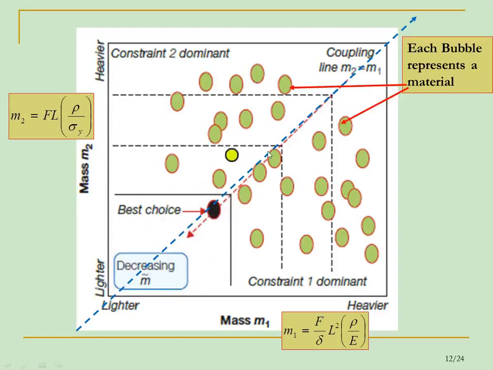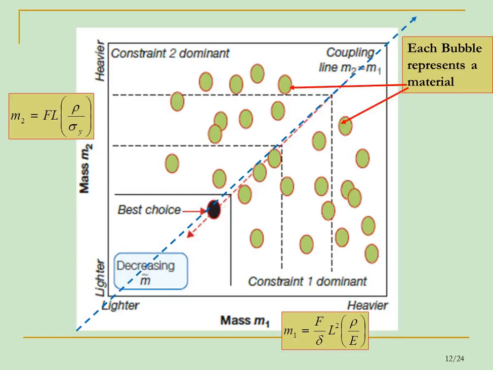Or you can keep drawing these boxes and keep on moving this box inwards towards the origin till there is no material. As we have seen here, there was only one material left in this chart, and that is why even if you move this box further, it will not be of any use, because no material is available there. That is why we are left with this one. Then we say that okay, the black dot represents the best choice of the material according to both the criteria of constraint number 1 and constraint number 2.